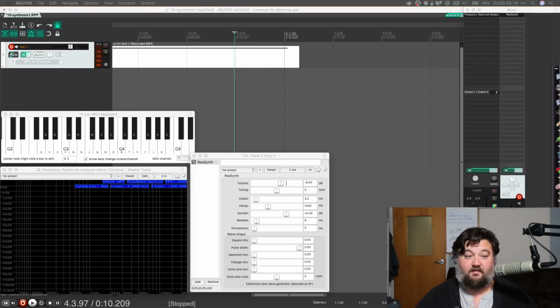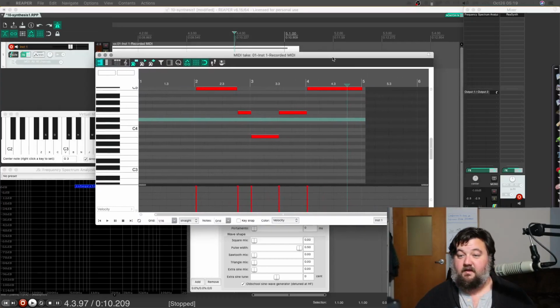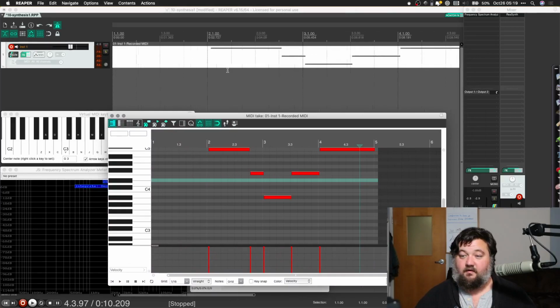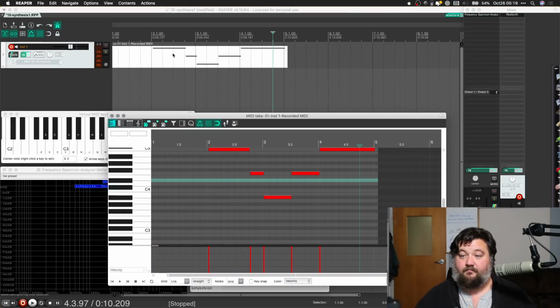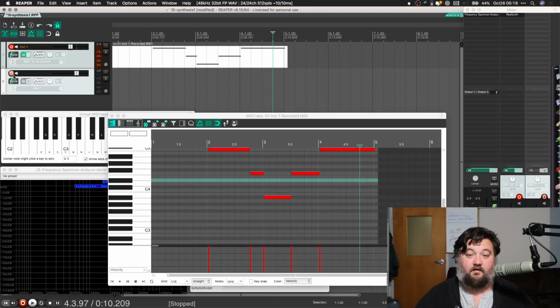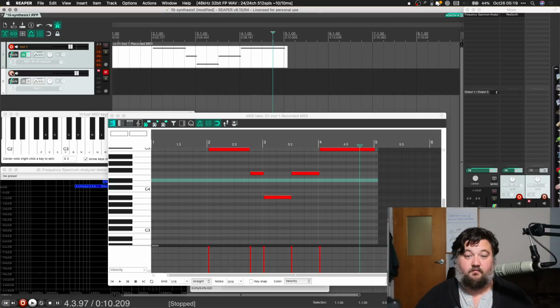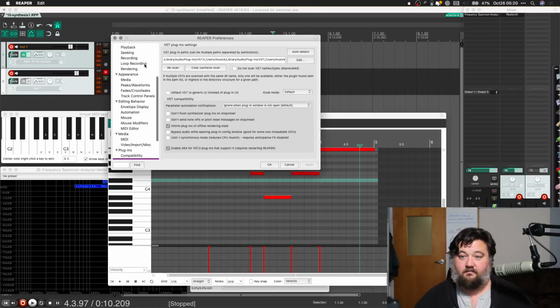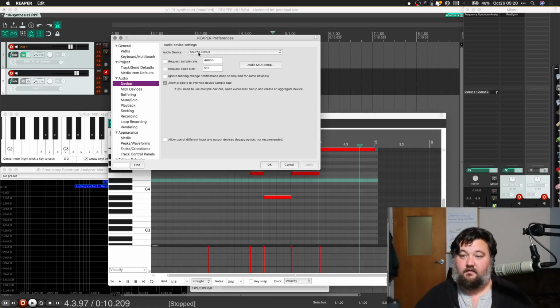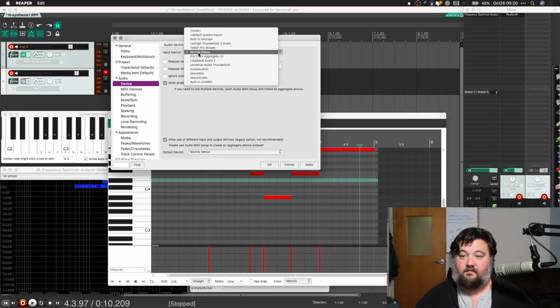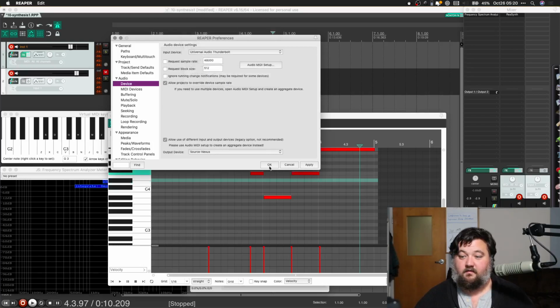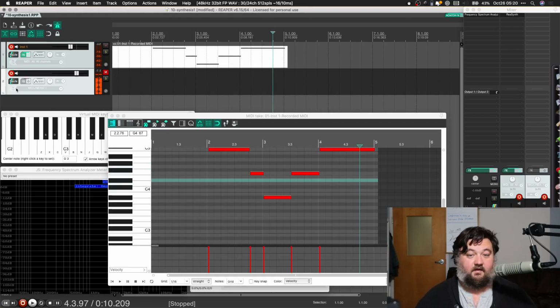If I double click on this now, it actually pulls up a MIDI lane. And notice, so let's zoom out here a bit. This does not look like audio data. This is not our normal type of audio track. So if I create an audio file here, I'm going to mute this. We'll record enable it. Let me make sure that my audio device coming in is something useful. Oh, we need to separate these out. We'll keep output device as source nexus, universal audio as input. Great. And now if I record,